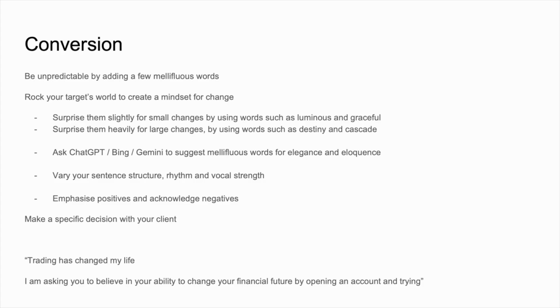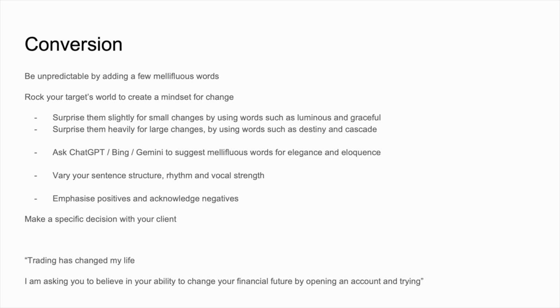And some mellifluous words are gentle and are very efficient when it comes to small changes, whereas some mellifluous words are more radical and are useful when asking people to make big changes. I think it makes sense to use mellifluous words as a part of going in towards conversion, because I think it's necessary to rock people's world a little bit, get them a little bit uncomfortable so that they do make a change, so that they recognize the need to make a change. You need to surprise them just a little bit. And I find that, or a lot, and I find that these surprises are quite often well delivered by using